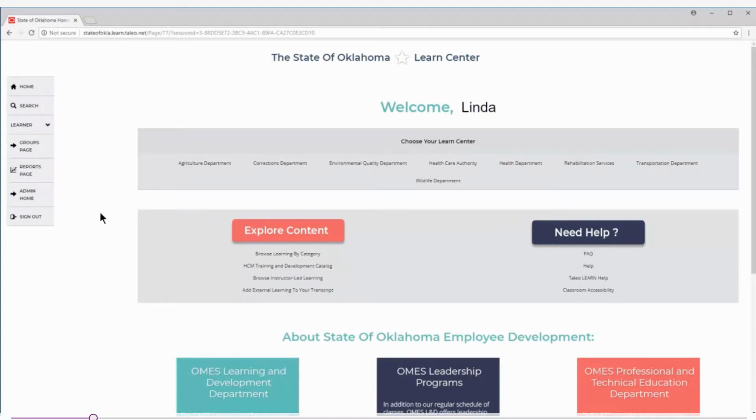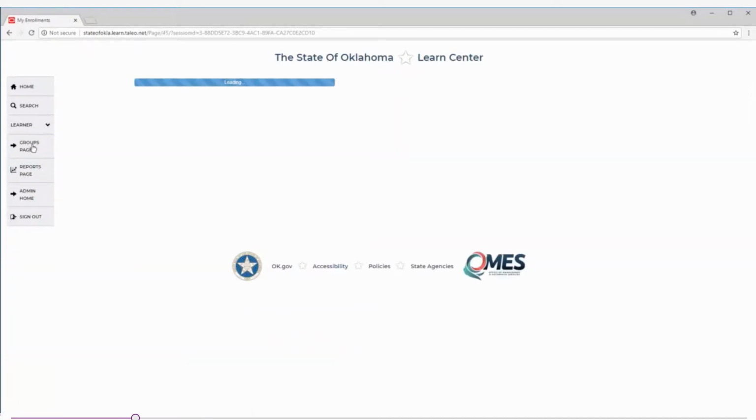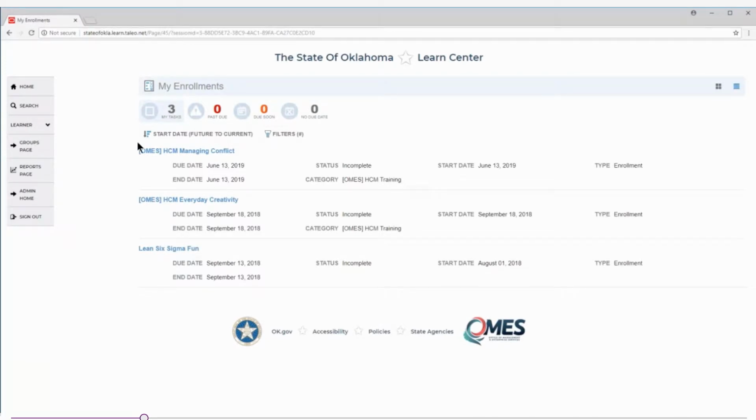Absolutely. We'll go to the left side of the page to our navigation area and we'll click this down arrow next to the Learner menu, and that will give us many options. We're going to select My Enrollments. And you'll see that I'm enrolled in 3 different classes, and if I wanted to see anything about these enrollments,